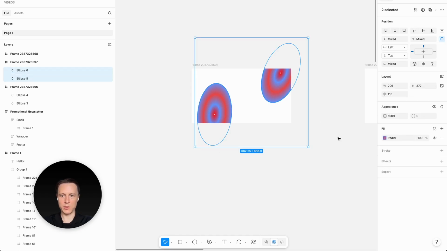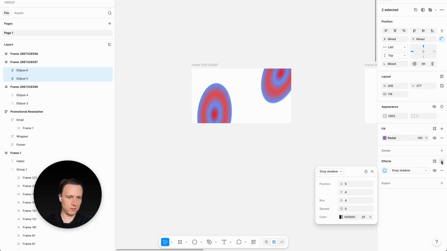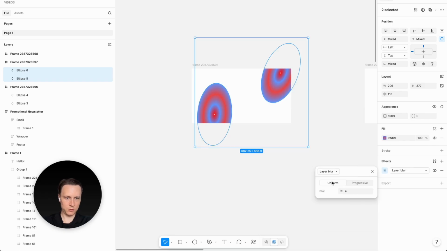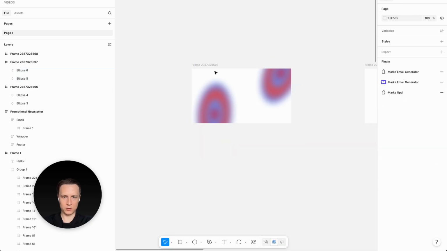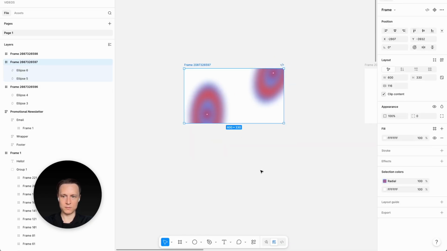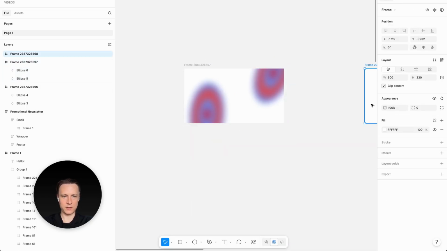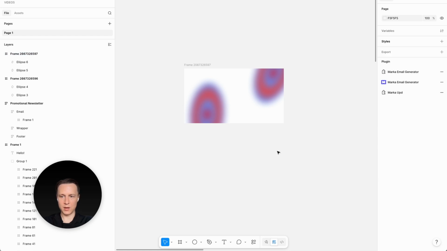add a layer blur. To add a layer blur, find Effects section on the right sidebar, add Effect, switch to layer blur, add some blur. Now you have two blurred ellipses, and the next step is to create a couple of